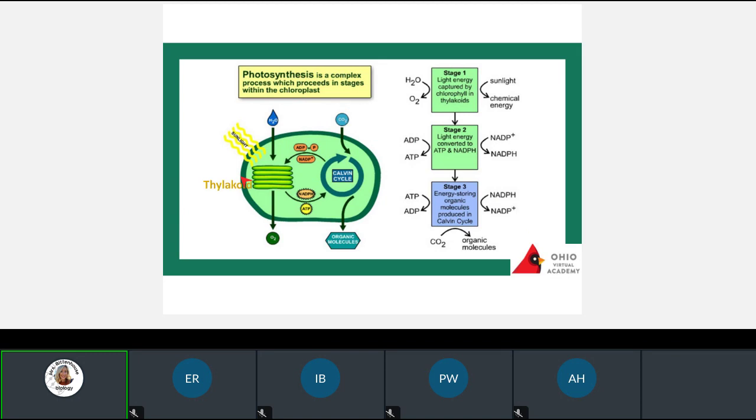So, step one in cellular respiration is glycolysis. Glycolysis, step one in photosynthesis, happens in the thylakoid, not the cytoplasm. And what happens is that this thylakoid is, I want you to think of